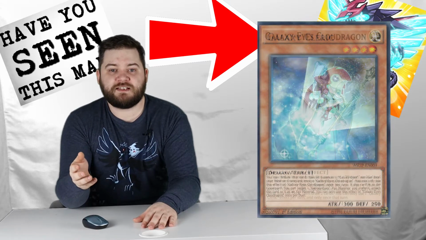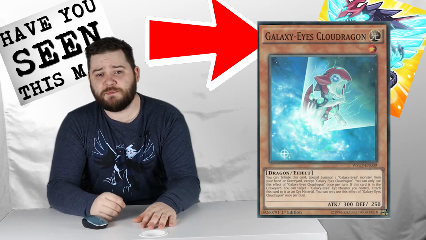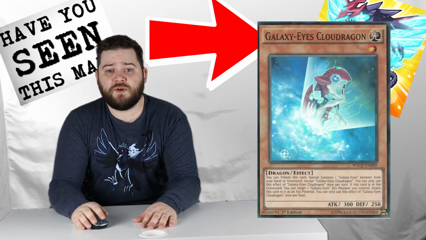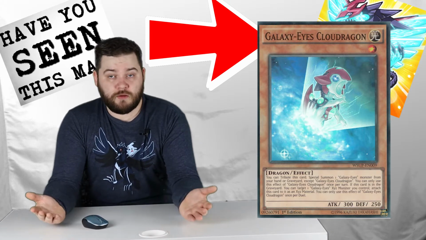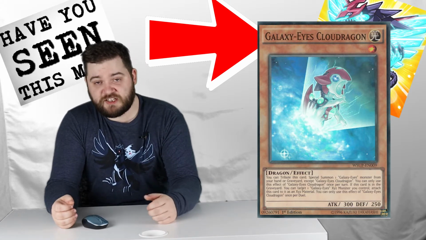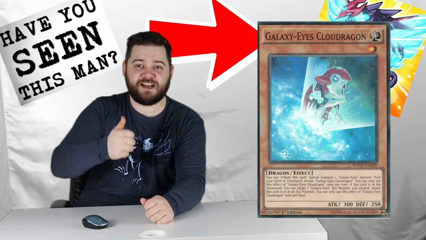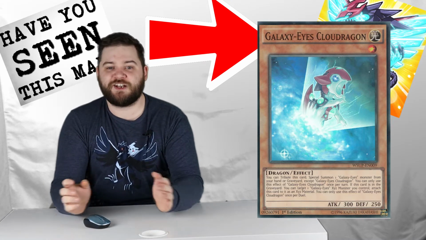Or maybe Galaxy Eyes Cloud Dragon suits your preferences. It can tribute itself to revive a Galaxy Eyes monster from your grave, which does include some of the Xyz monsters. And when in grave, it can attach itself to a Galaxy Eyes Xyz monster you control, so little built-in synergy right there by itself. Good job on that one, Konami. That is not sarcasm. Other than that though, there's not much else worth playing in terms of the main deck monsters,